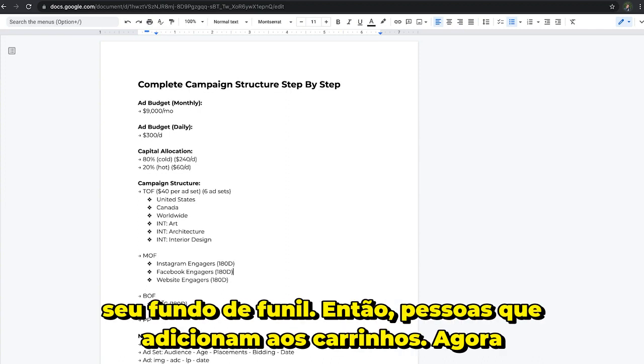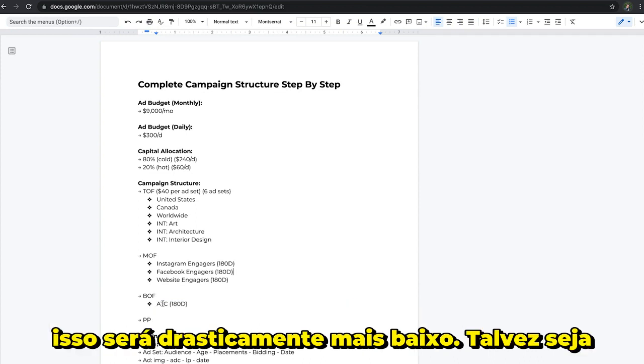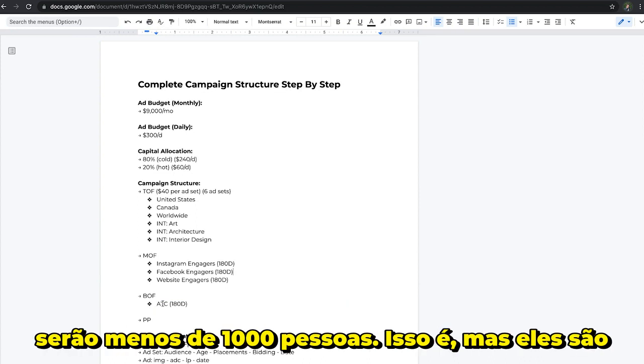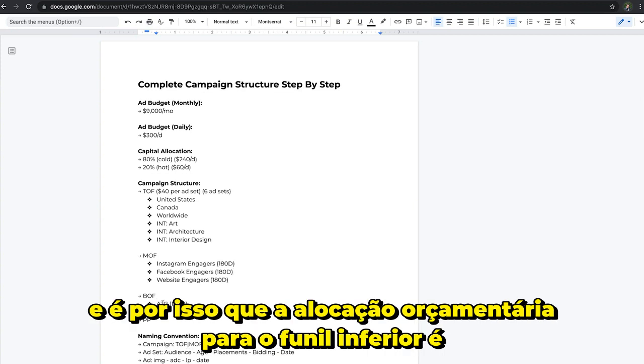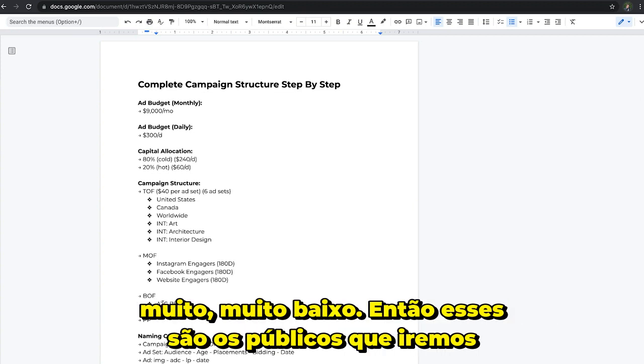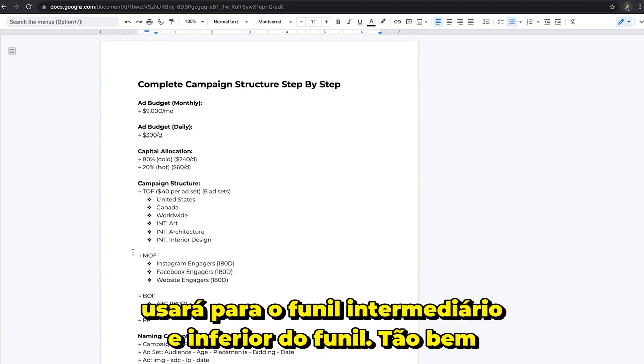Then it's your bottom funnel, so people who added to carts. Now that's going to be drastically lower. Maybe it's going to be less than 1,000 people. But those 1,000 people are very, very warm. And that's why the budget allocation for bottom funnel is very, very low. So these are the audiences that we're going to be using for your middle funnel and bottom of funnel.